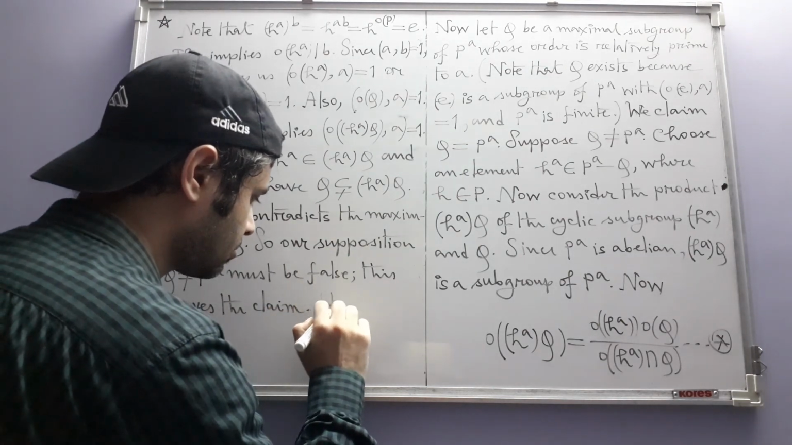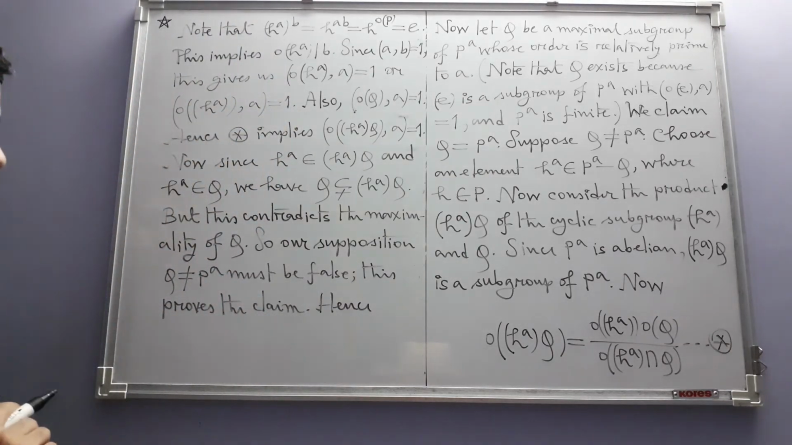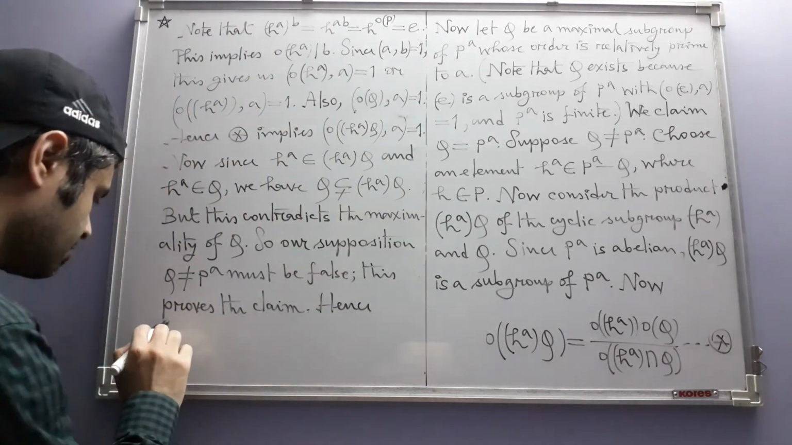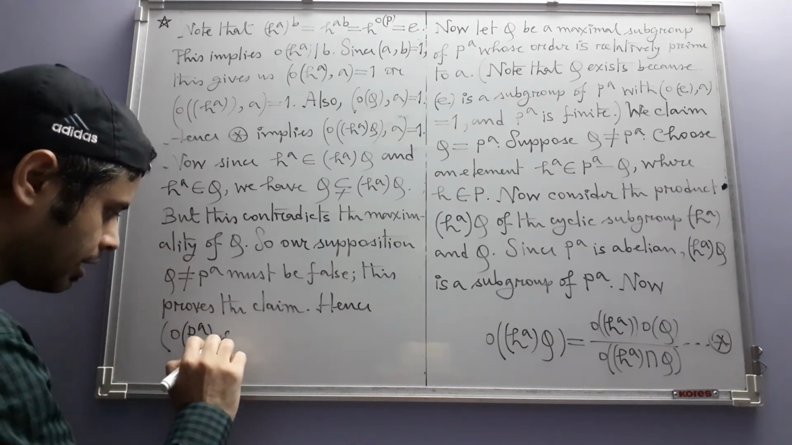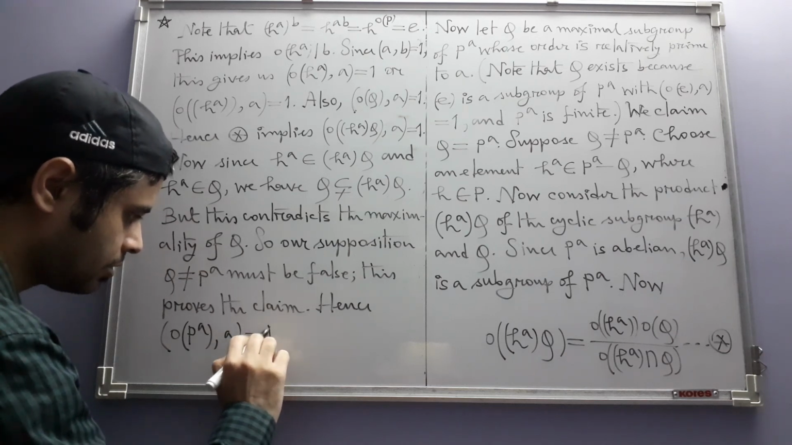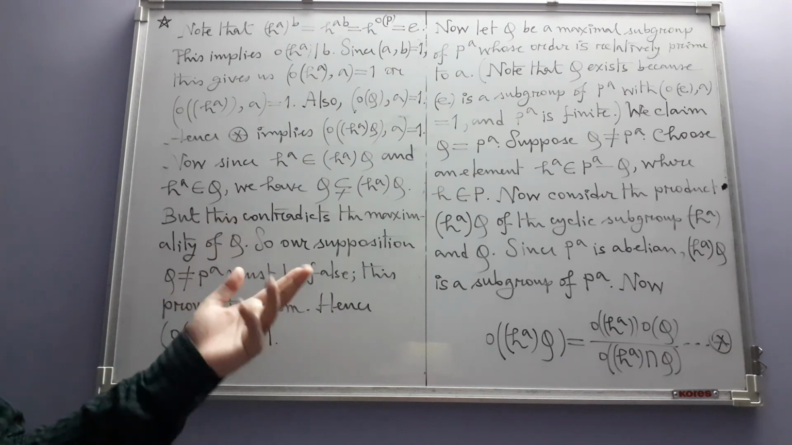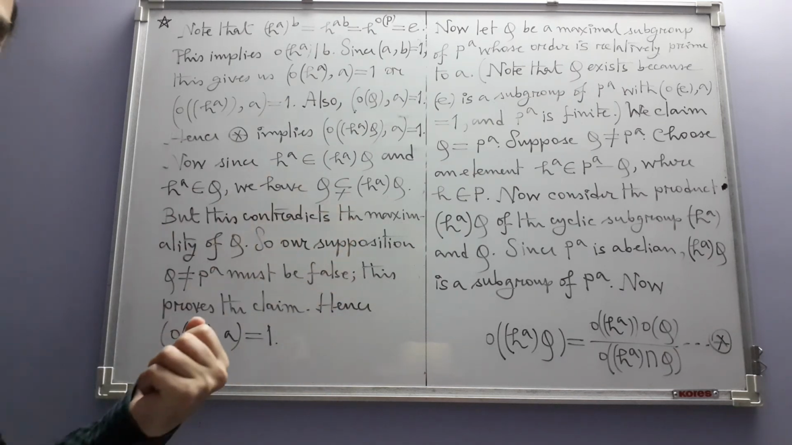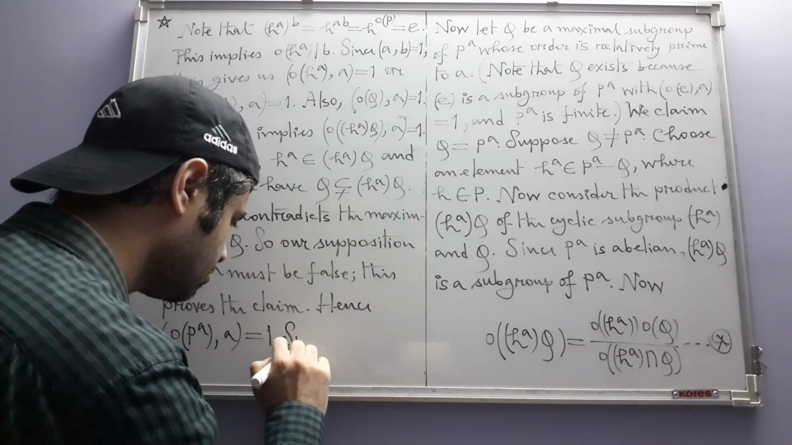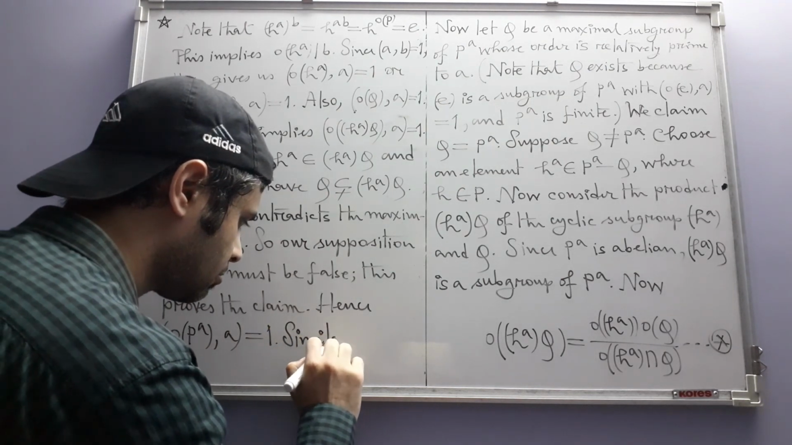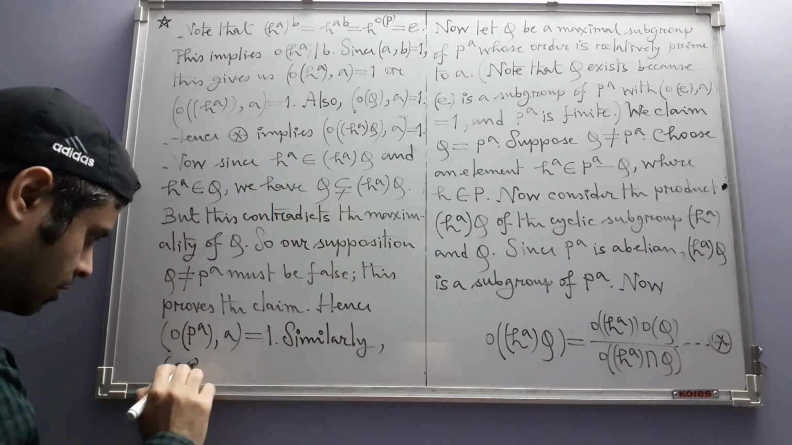Hence, the consequence we have from this claim is this. Order of PA and A are relatively prime, because for us now PA is equal to Q whose order is relatively prime to A. We already have chosen Q like that. Similarly, order of P